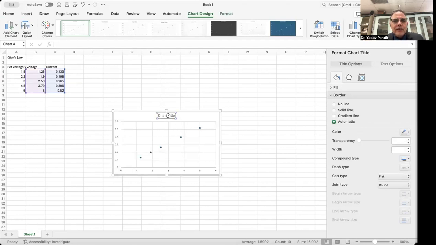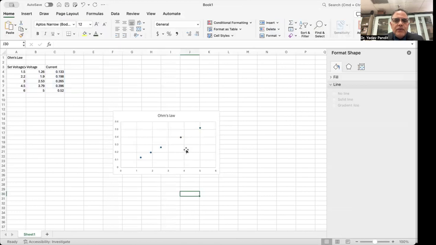You can change this title to voltage and current, Ohm's law graph. You can just write Ohm's law here. We can also make this thing. Ohm's law, and then you also have to do this graph as a